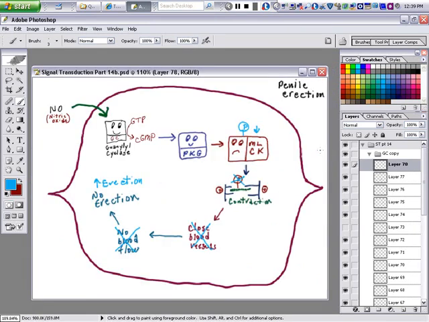Make sense? This one is kind of a tricky one. That's why you have to look at this one, because it's the opposite of all the other ones. There's something that happens in this one that's the opposite. Okay, now let's look at something else. Okay, if that makes sense,